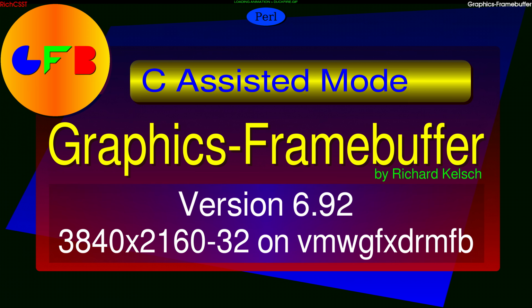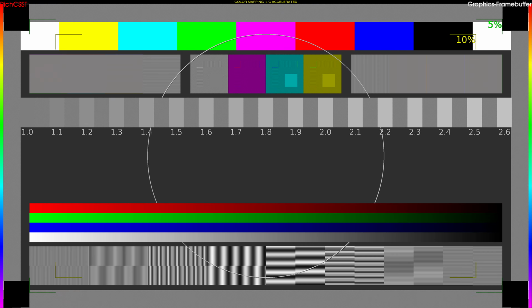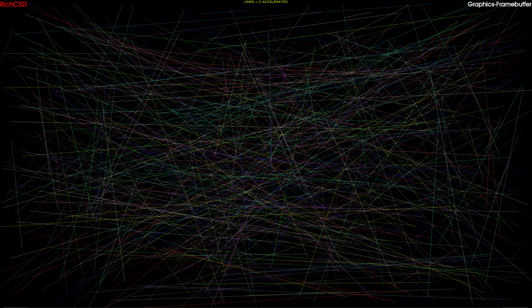Right now it's loading images, and that's what you see up at the top. The longest one to load is the animated GIF. There is one animated GIF in this example. But once it's loaded, it doesn't have to load it later on. It keeps everything in memory, and it's loading all the static files. But first it's going to go through all the actual graphics primitives. First it shows you the color horizontally and vertically. Shows you a test pattern, and then it's plotting,